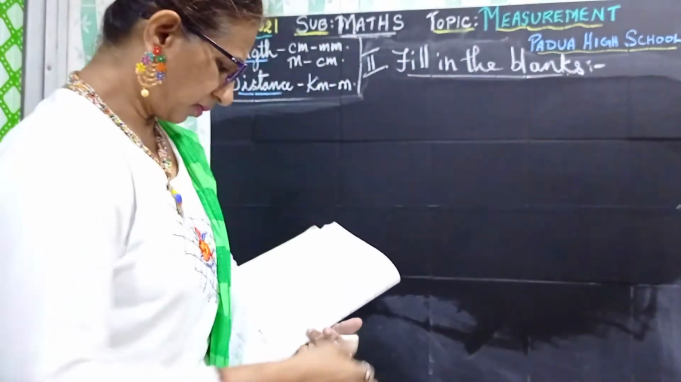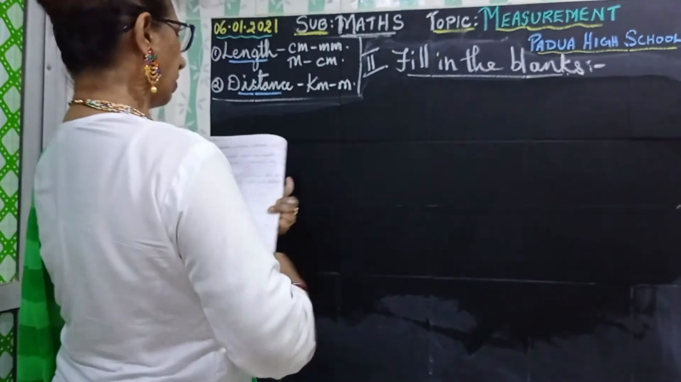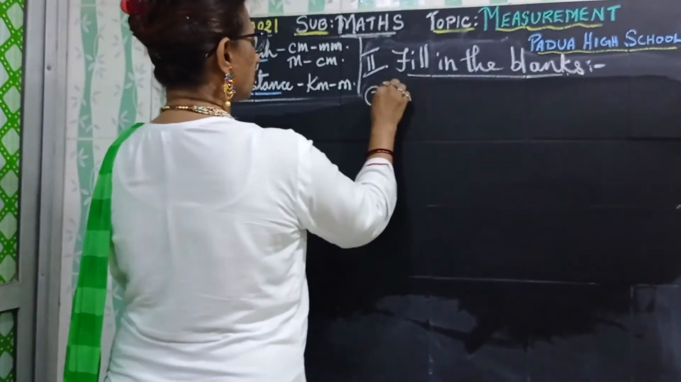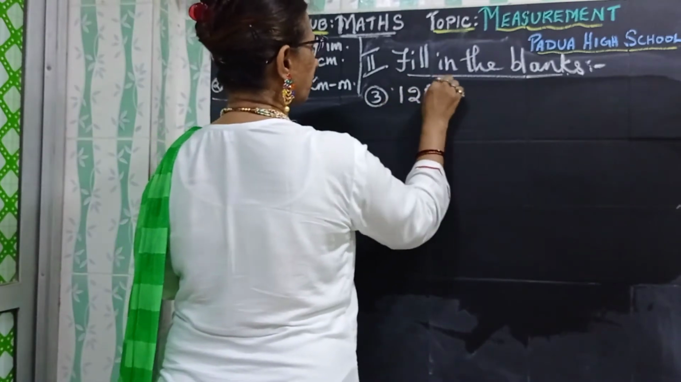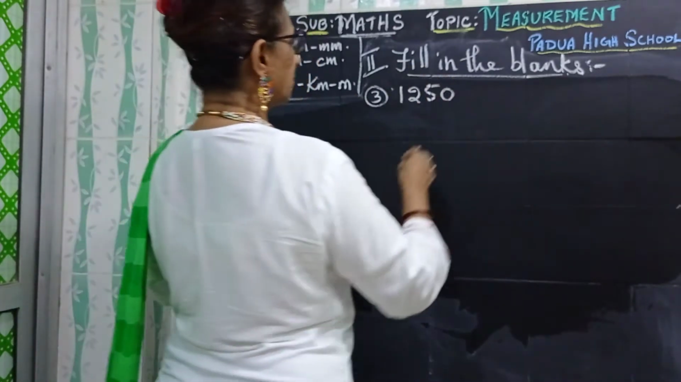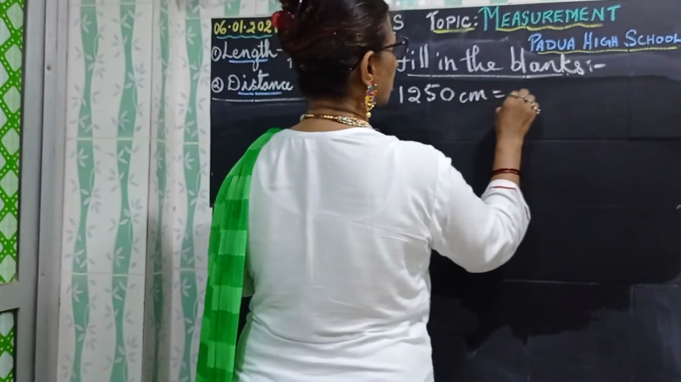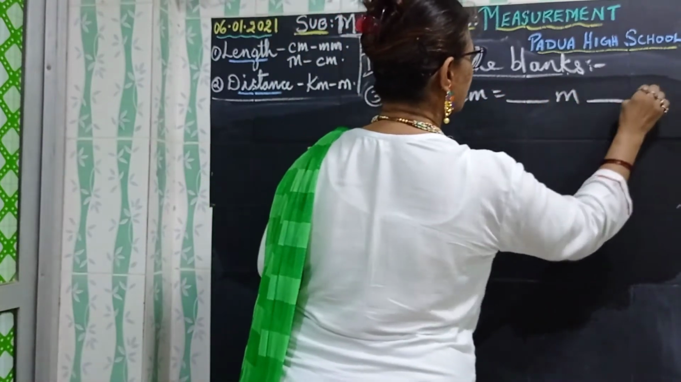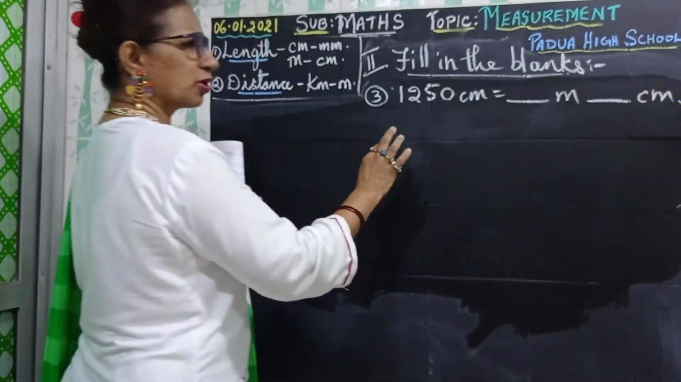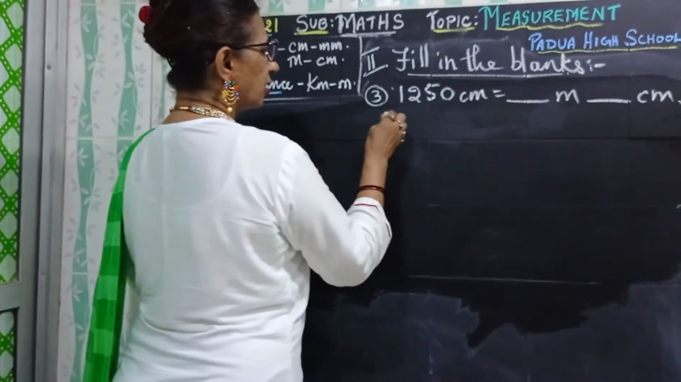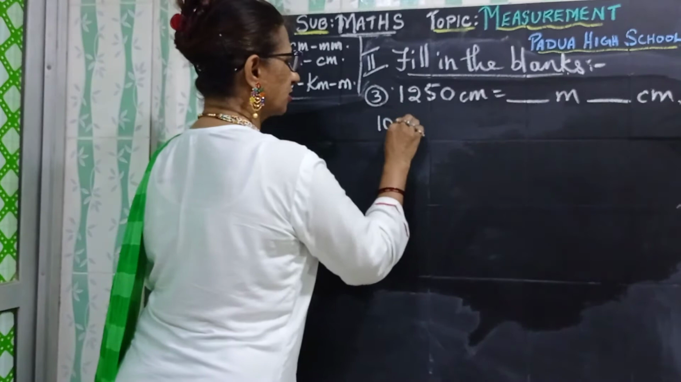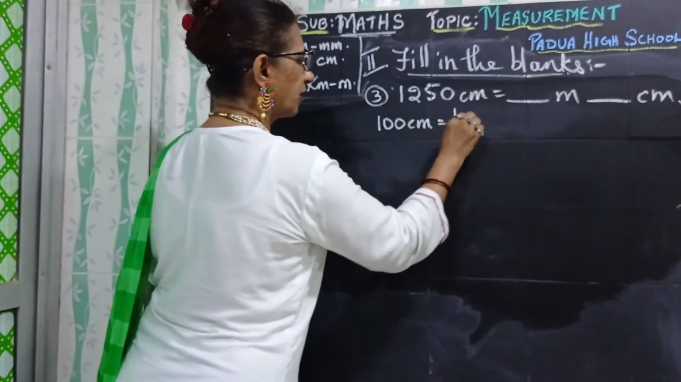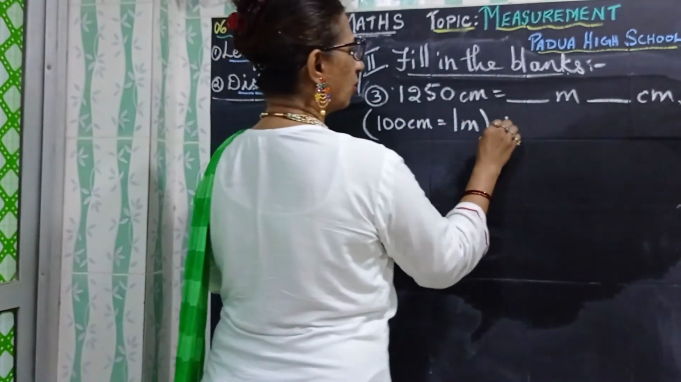Okay, let me take this now. See, now you have the third sum. So third sum I have 1250 centimeters is equal to dash meters and dash centimeter. So as simple, what we will do, we will write what do we write children? We write 100 centimeters is equal to 1 meter. Therefore